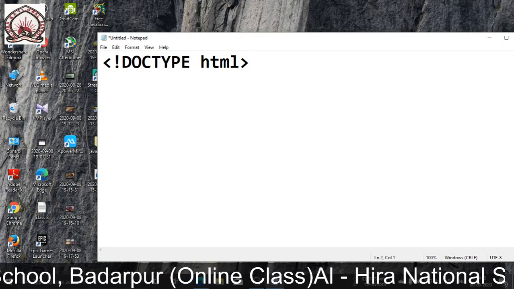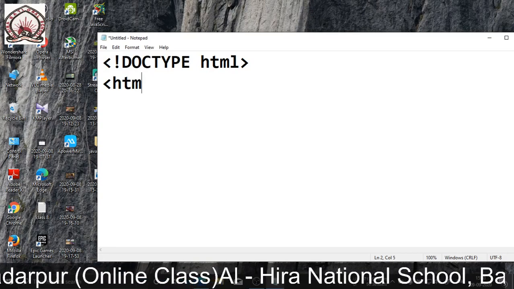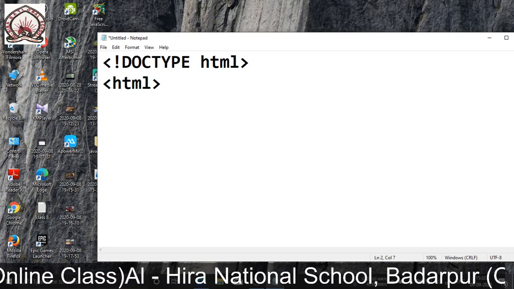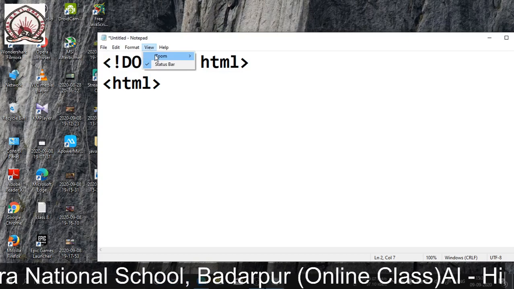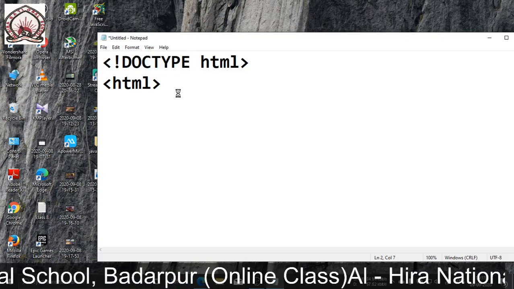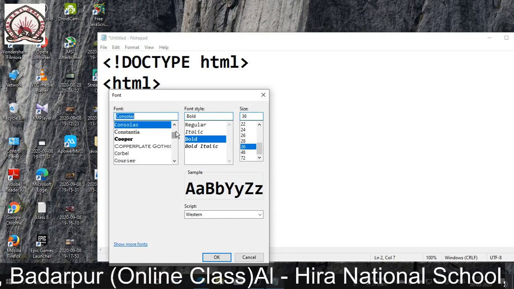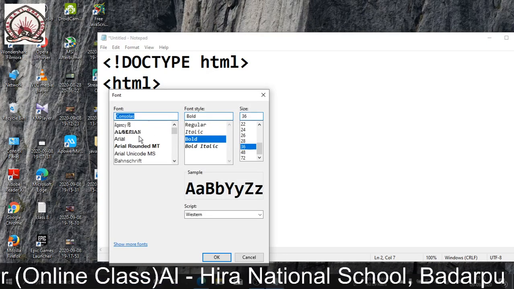Then I'll type HTML because this code is there in your book. Let me change the format also, so that you understand it. Arial.